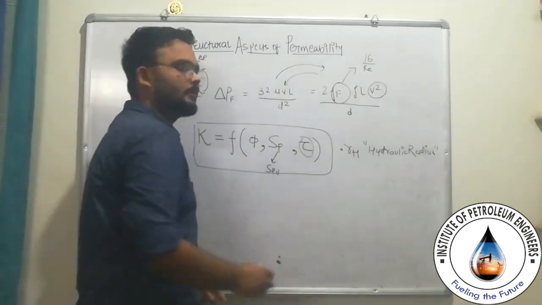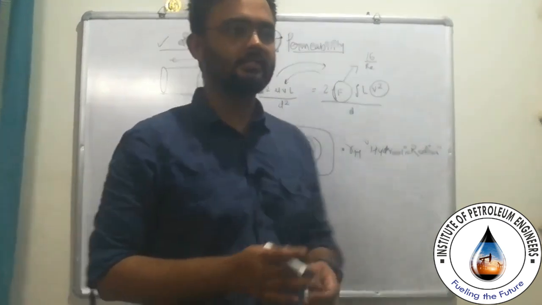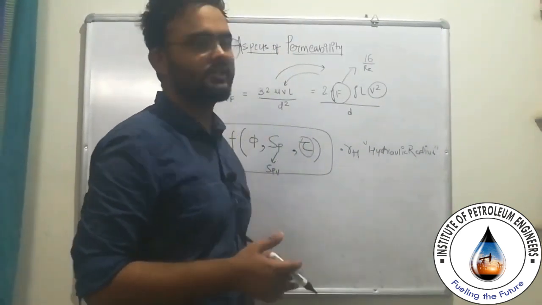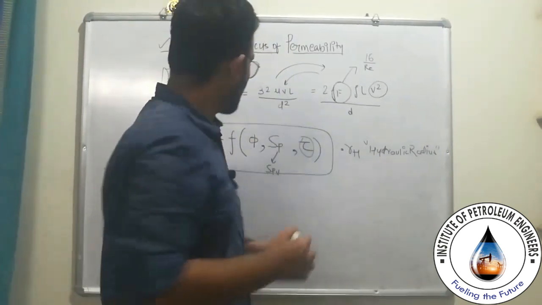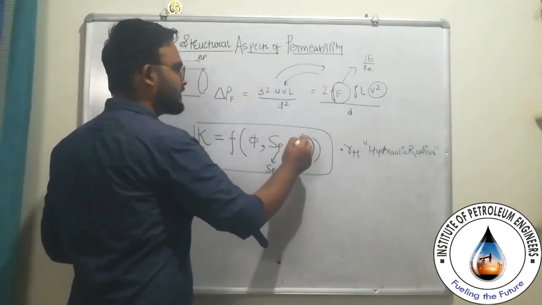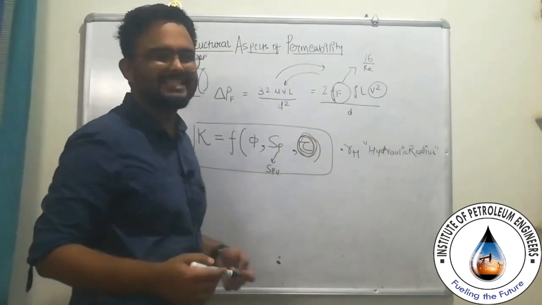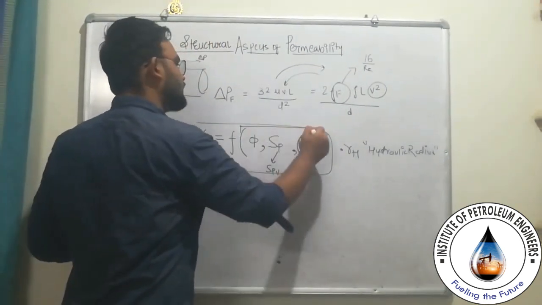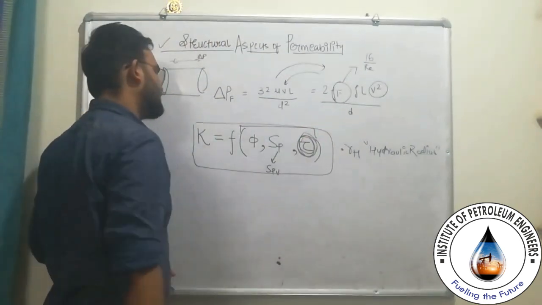Friction and shear play an important role because the pipeline is not huge, so the chances of the fluid facing shear are very large. So permeability will be affected by the shear that the fluid experiences from the walls of the conduit. So these are a few parameters using which we will derive our permeability, right?